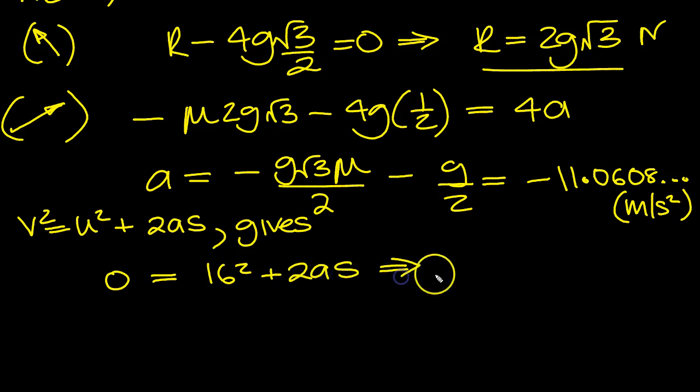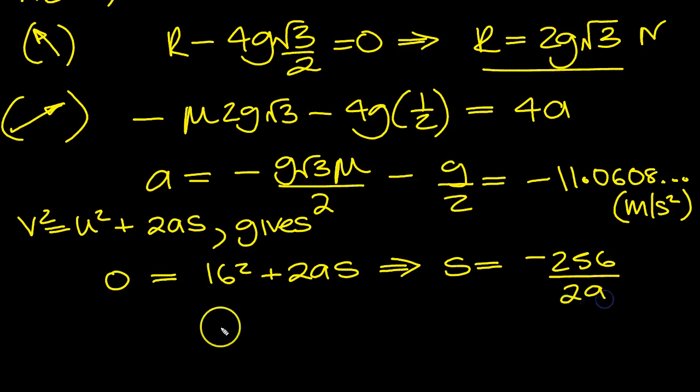So that tells us then that s is equal to minus 16 squared, which is minus 256, and then the 2a can go from times to divide over 2a. So s is equal to then minus 256, 128, sorry, divided by 2 top and bottom, minus 128